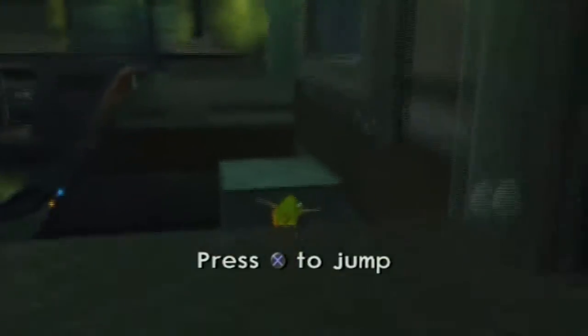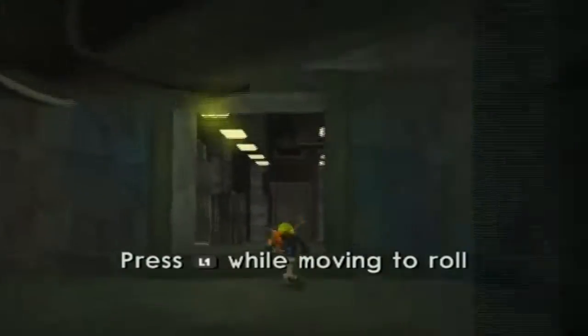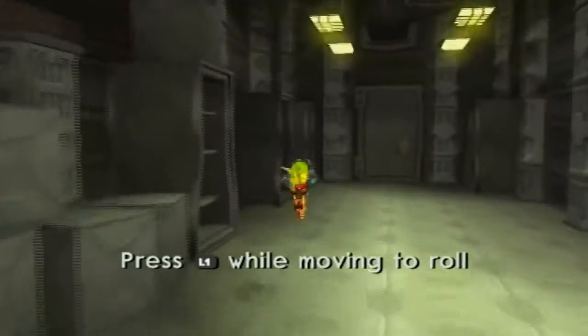I kind of wanted to get up there, but I guess I couldn't. Well, is there stairs here? Yes, there are stairs. That would be the way to get up there. And how do you roll? Okay, well, you press X to jump. If you couldn't tell, it's been a while since I played this game, so I don't know exactly everything, and also, it's very dark in here. There we go. It is L1 to do the little roll move, and I think we have to go up